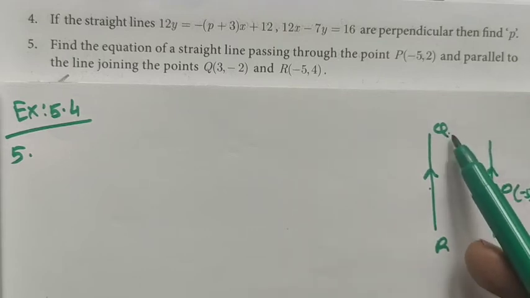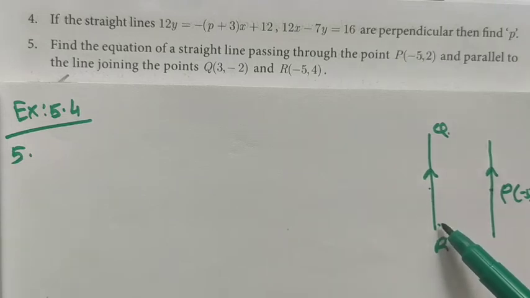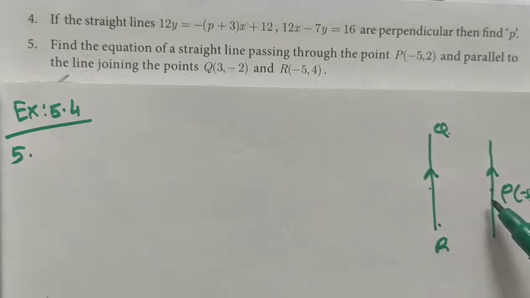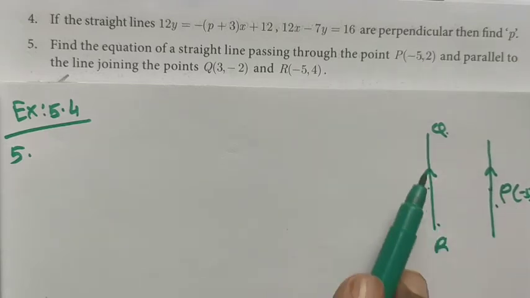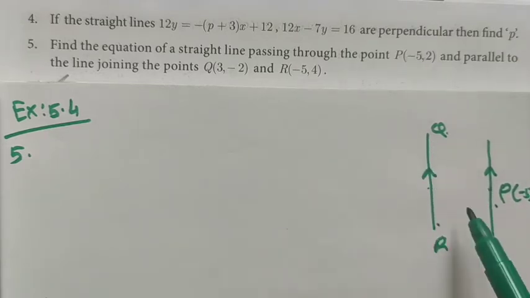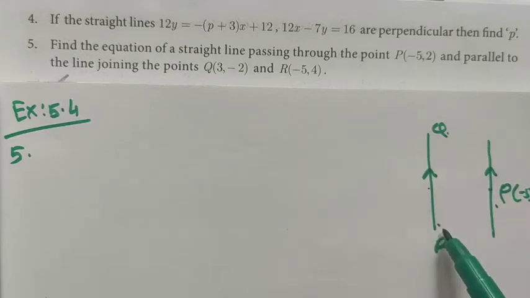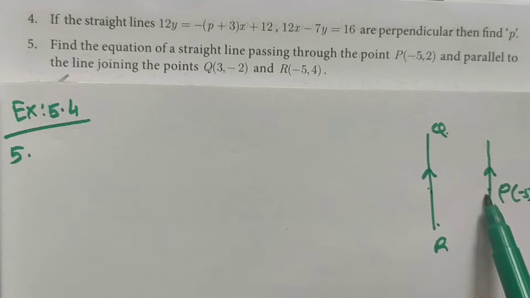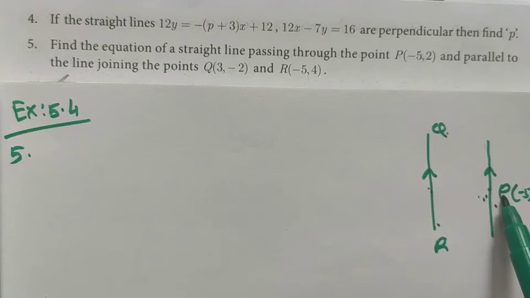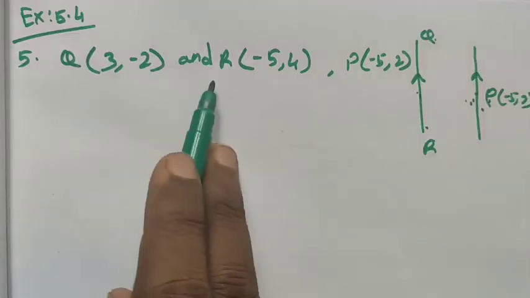So here two points are given. Either we can find the equation of this line and, applying the parallel formula, change the constant term to find this equation, or otherwise use the slope. By using the two points, we can find the slope, and this slope is parallel to the other, meaning both slopes are equal. Then one slope and a point are known, so we can use the point slope form. Here I am going to use the point slope form.